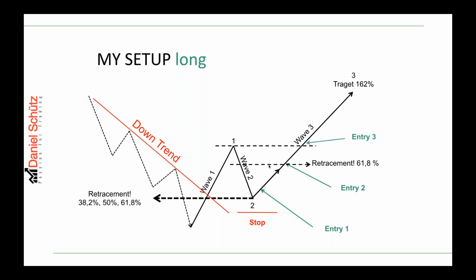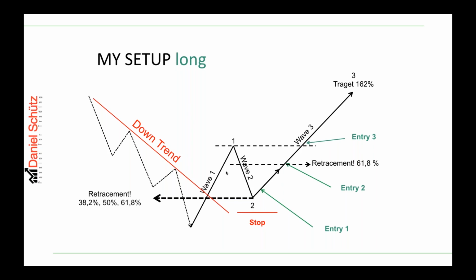Entry 2 would be a candle close over the retracement of wave 2, and entry 3 would be the high over wave 1, the new high over wave 1. The stop, as I already told you at the beginning of that webinar, could be down here